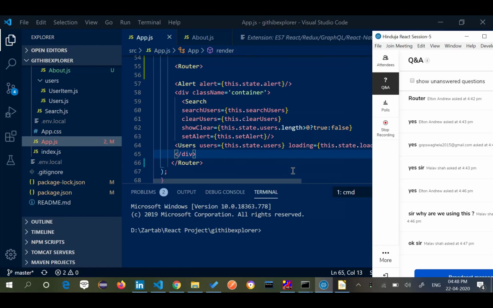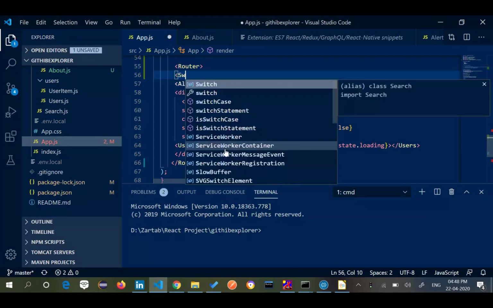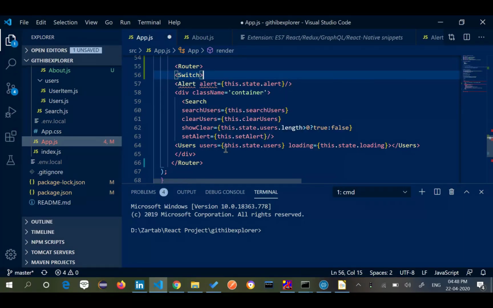Second, now we need to create a Switch. Whatever is the data till the users, I'm going to put it inside a single Switch. Switch is more like a holder. This is how much of the data I am going to show to you. This is what we are trying to display here. So I have created a Switch.